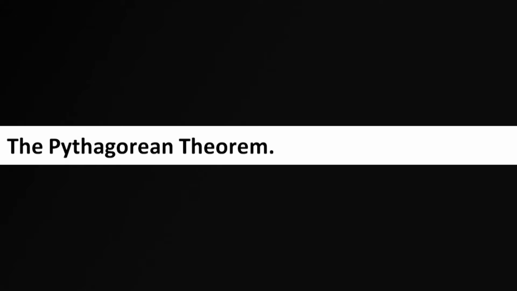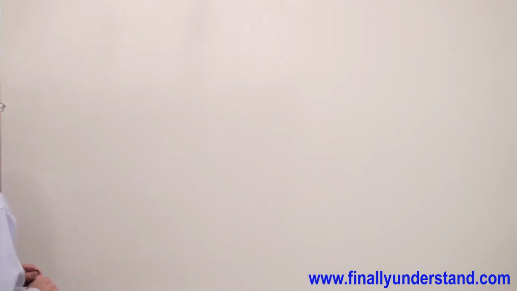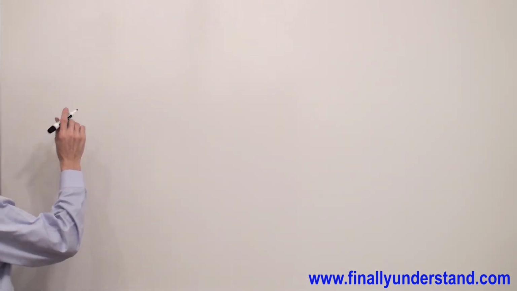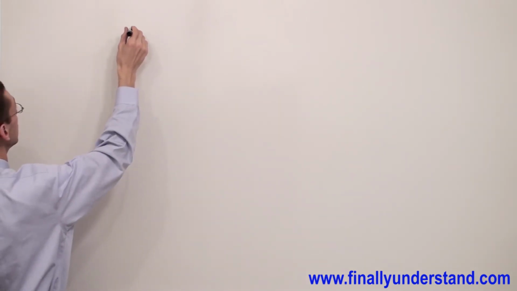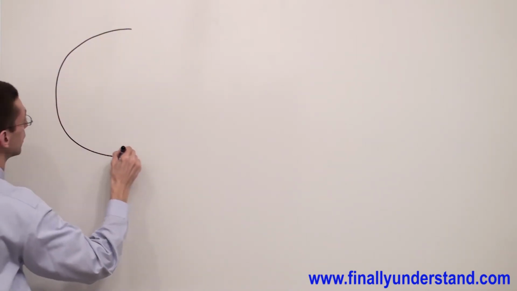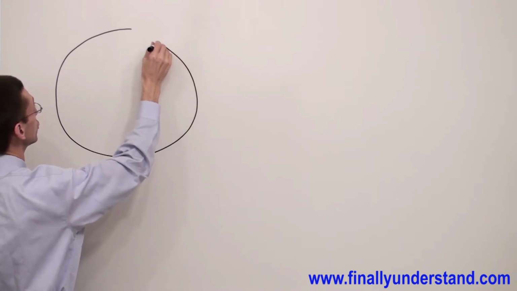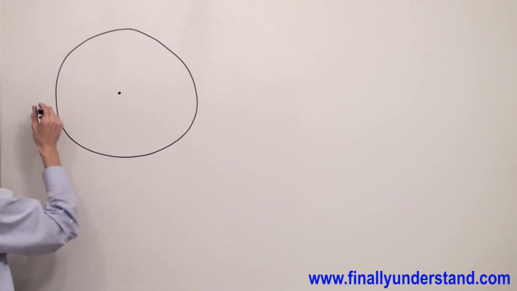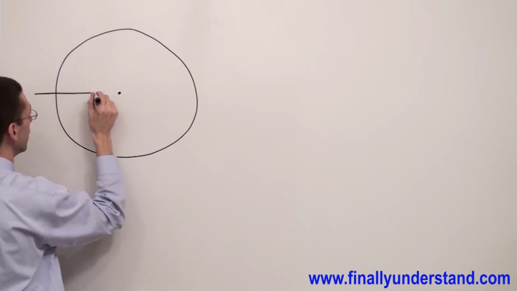In our discussions about right triangles, I'm going to start by deriving the Pythagorean theorem. In order to derive the formula, you're supposed to draw a circle. Of course, you're supposed to use a compass to do so. You're supposed to find the middle point, and draw the line which is going to pass